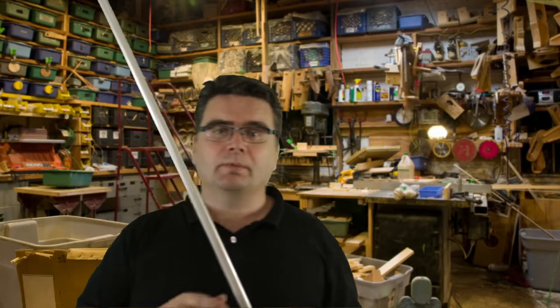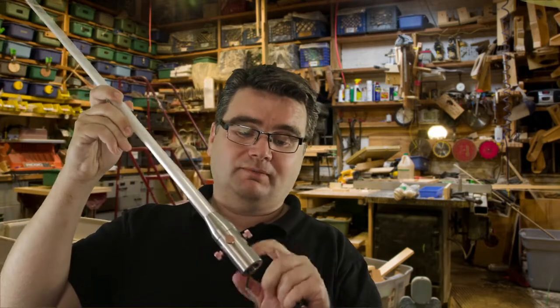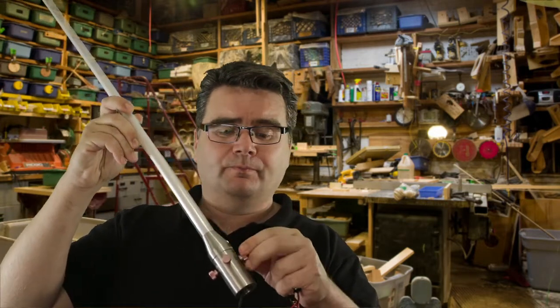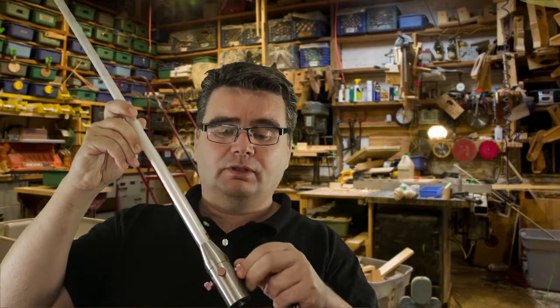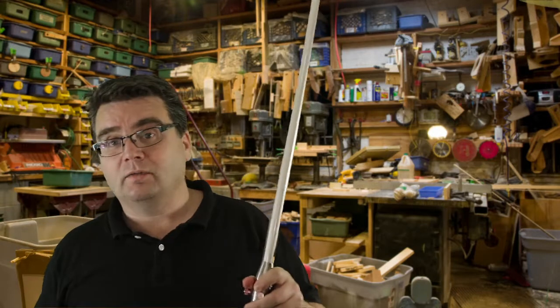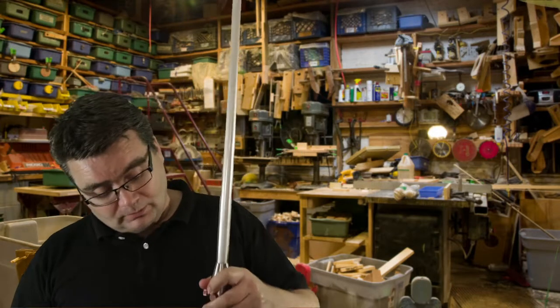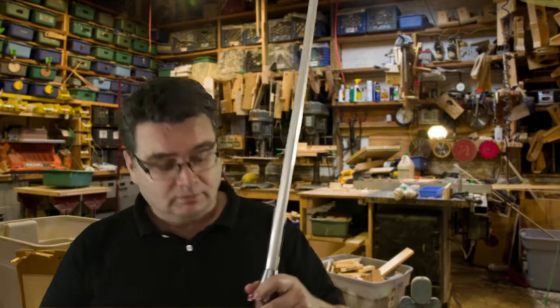Okay, so here's a blade I made for this project 10 years ago. It's pretty sturdy, it's stainless steel with a couple of thumb screws here that used to go into a vacuum cleaner pipe, and we had another one on the other end, but unfortunately the other one got smashed. Because I've got a bajillion lights in here, you're not really going to see the effect of this powering up and powering down. So what I might do is